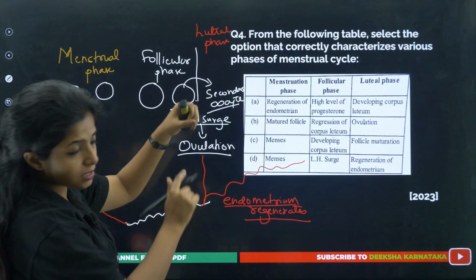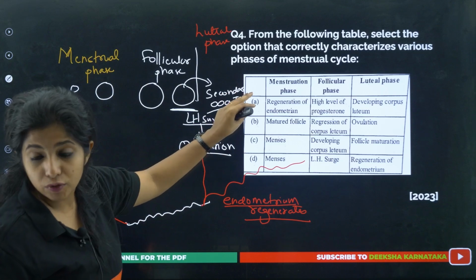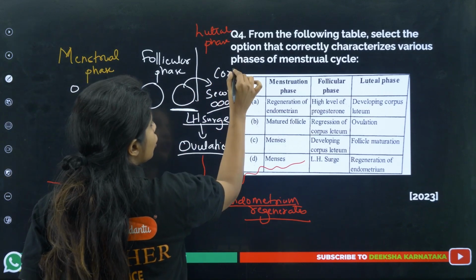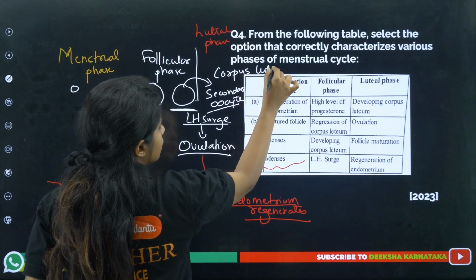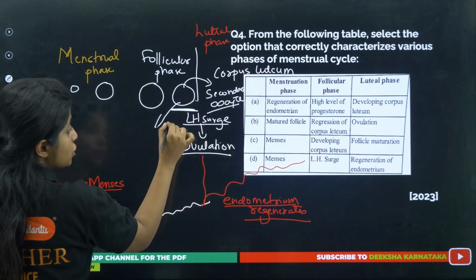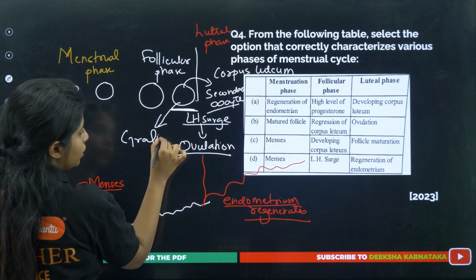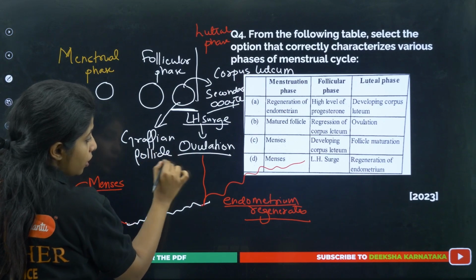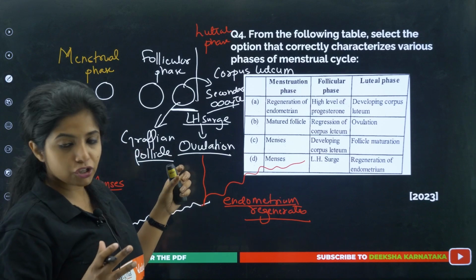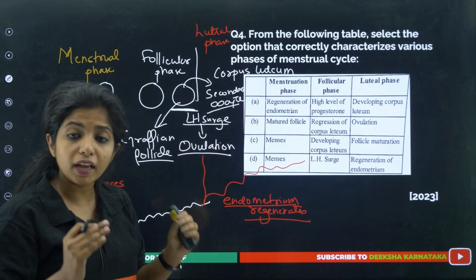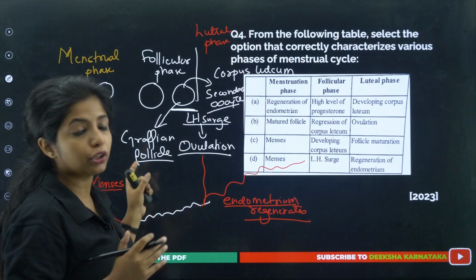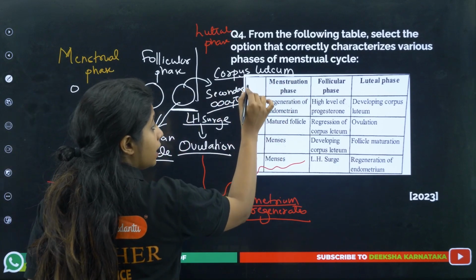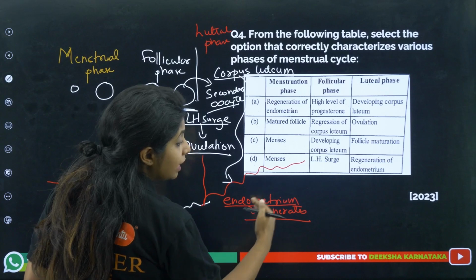And also one more thing happens. The follicle broke open, gave the secondary oocyte, and you will be left back with something, and that something which is left back is known as corpus luteum. This follicle which was breaking open, the mature follicle, you call it as Graafian follicle. This follicle undergoes ovulation and gives out secondary oocyte, but whatever remaining content is there of this follicle, you call this corpus luteum,